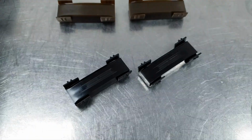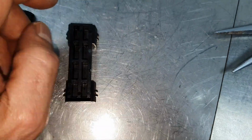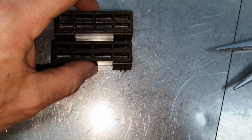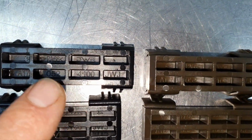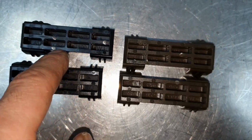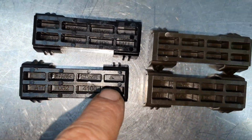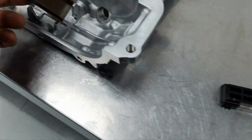Now, why it's different color? Don't ask me, ask Mercedes. All right. What can I tell you from my side? I can tell you this, that if you check the part number here on these two, and if you check the part number on these two, it's exactly the same. Maybe it's updated one, probably, because you can see Alpha 177052 4100 JWJ, all right, and you see the same thing here, 052 4100. Okay, exactly the same part number, exactly the same letters. All right, so I'm gonna use this just for peace of mind,